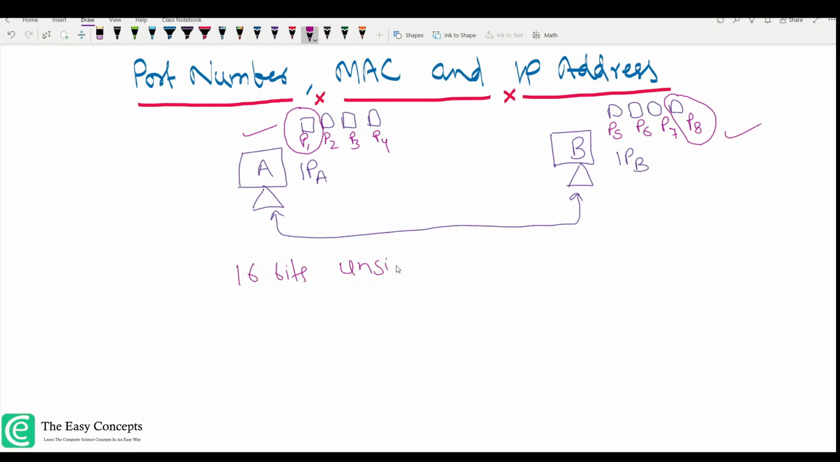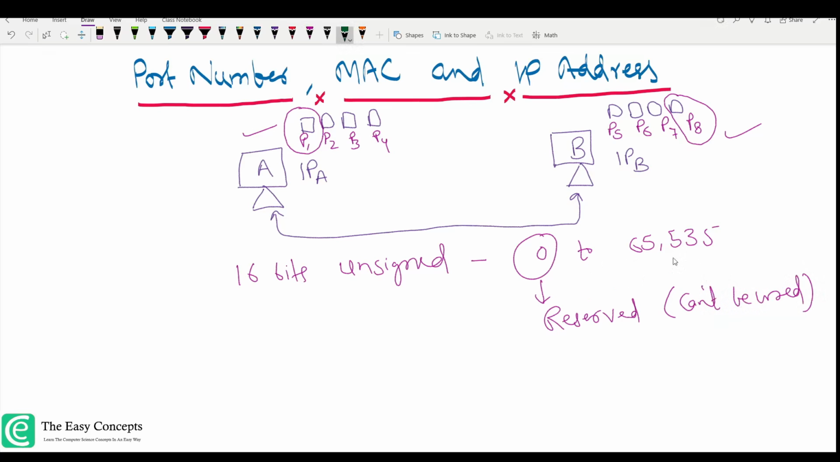Port numbers are 16 bits unsigned numbers which range from 0 to 65,535, where 0 is the reserved address and this address can't be used. Other port numbers can be used and we are going to talk about them later in this part of the tutorial. So a port number that we are seeing here is one of these port numbers and it is always associated